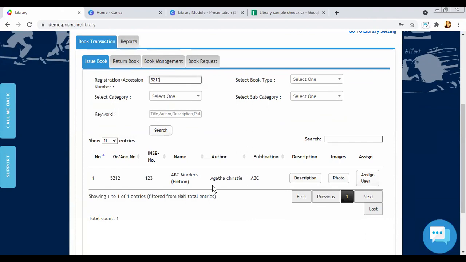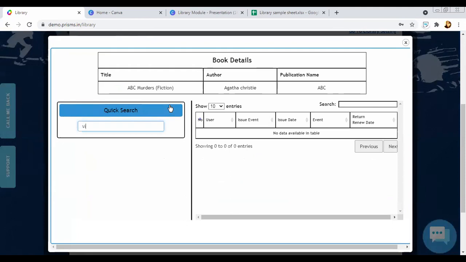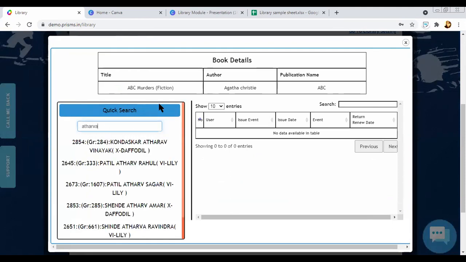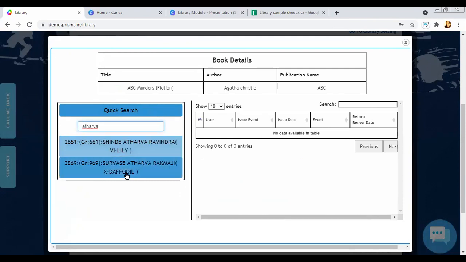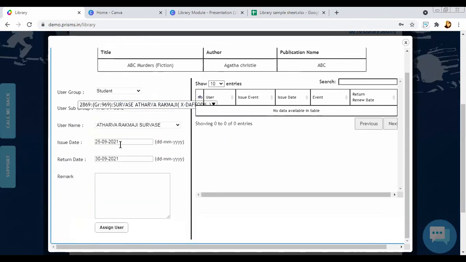Whenever, as a librarian, you're assigning the book, you click here on Assign User, and you can directly quick search the student's name. When you select the student's name, their details will load up, and also the dates you have set for return or renew will be applied.